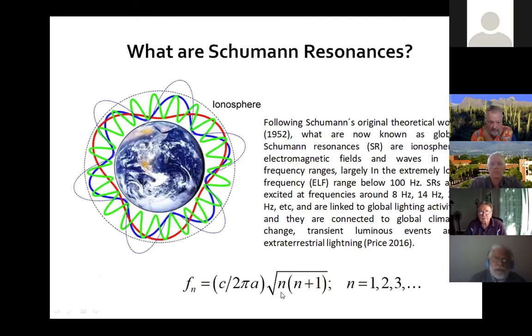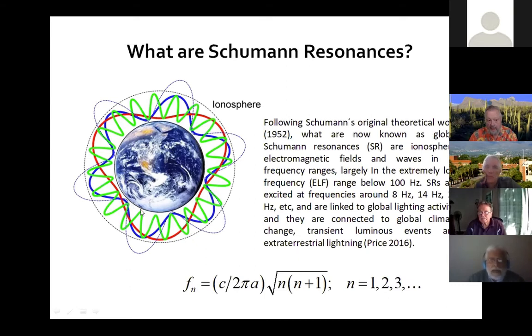Perhaps it doesn't mean anything to you right now, but interestingly enough, all these frequencies can be found in this equation, which basically takes the speed of light and the radius of the Earth. So this is the diameter of the Earth, okay, which is divided by the speed of light. And this all comes out to be a whole bunch of frequencies that are known, which we didn't know originally, as Schumann resonances. And Schumann resonances are basically ionospheric electromagnetic fields, okay, and which are basically felt by the Earth,